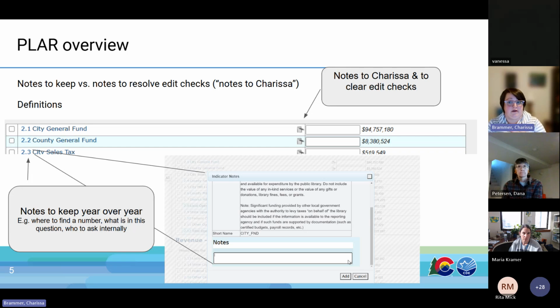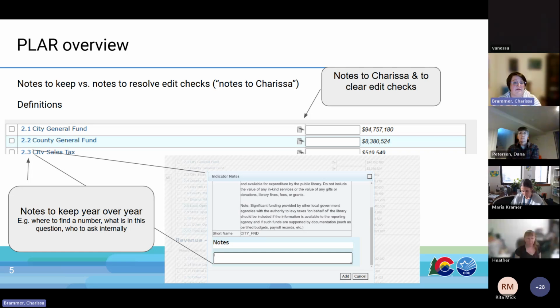If you enter a note here, this will stay with your library as long as we're on this software. I guess I shouldn't promise forever, but a lot of people will put where they found this number, or what the weird calculation is that needs to be done. You can put this in these notes, and then next year you're helping yourself by having this information here.